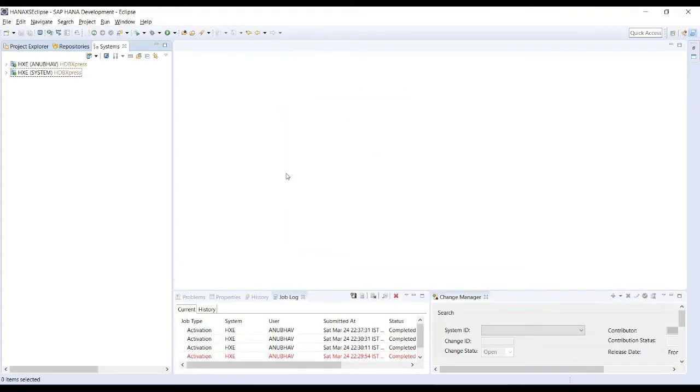Click on OK. And now you see the view has changed completely. You've got a new section over here. And this new section has systems, it has repositories, it has projects. Clear, guys? So these are all the three things you've got. Let's discuss them. Before that, let's add our system